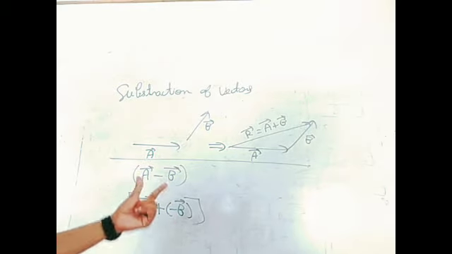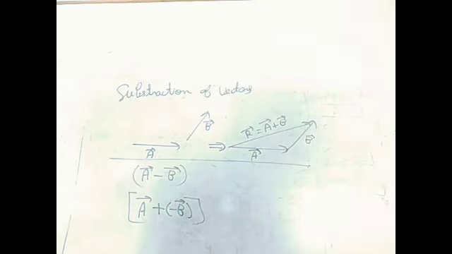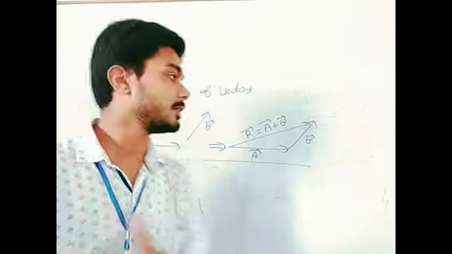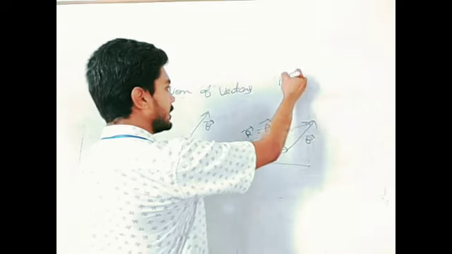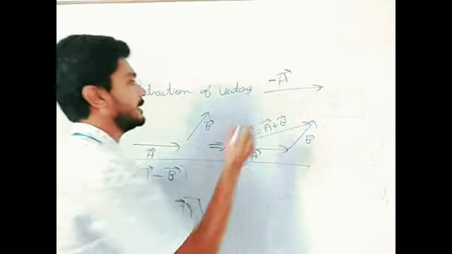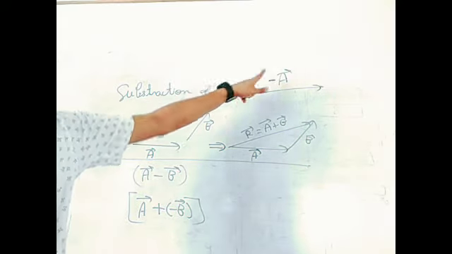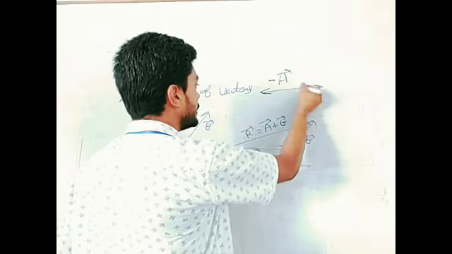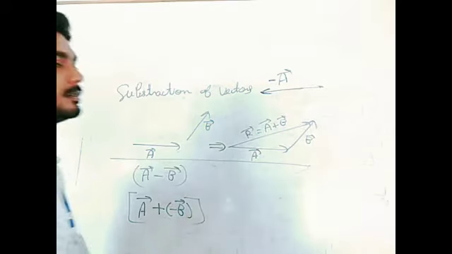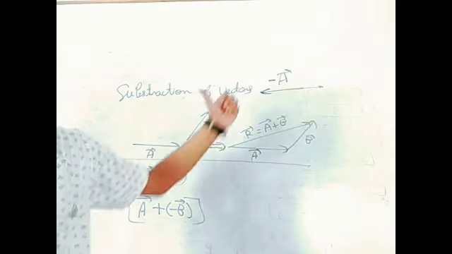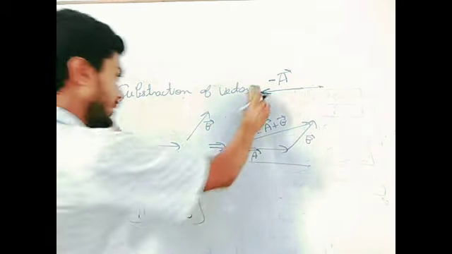And students, I told you that there is a type of vector known as the opposite vector. Whenever there is a vector A and you apply a minus sign in front of A, you will get the opposite vector of A. This means the direction of A will be reversed. Whenever we apply a minus sign, it says that the direction of the vector will be reversed. And see here,